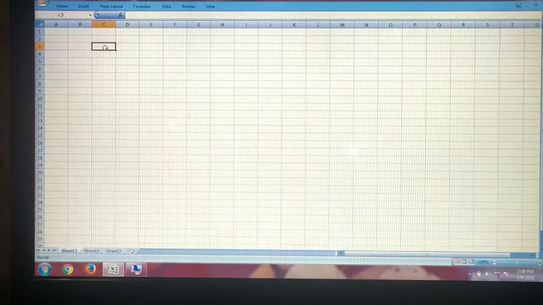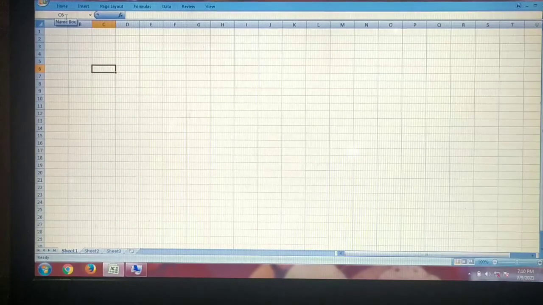Okay, when we click on a particular cell, it will be the intersection of a column and a row. And here there is a term called cell address, or it is known as cell reference. Cell address or cell reference is an alphanumeric value, which means the column heading followed by the row heading. When I click on a cell, here we can see a name box. This is known as a name box. The name box consists of the cell address, which is the column heading followed by the row heading.